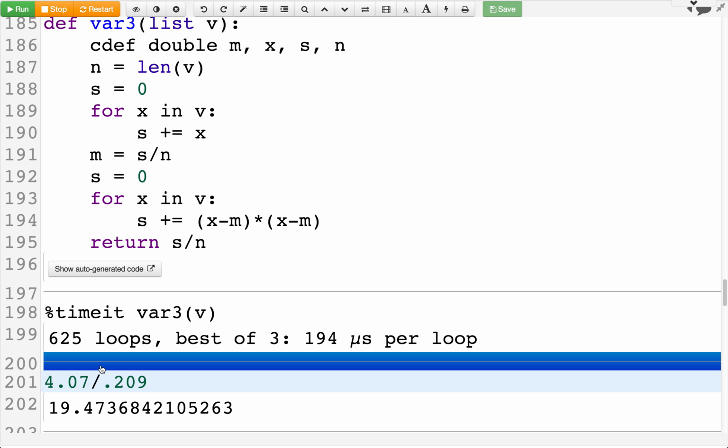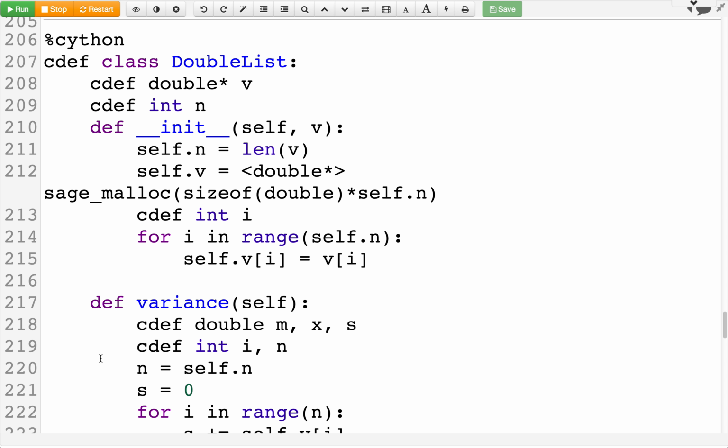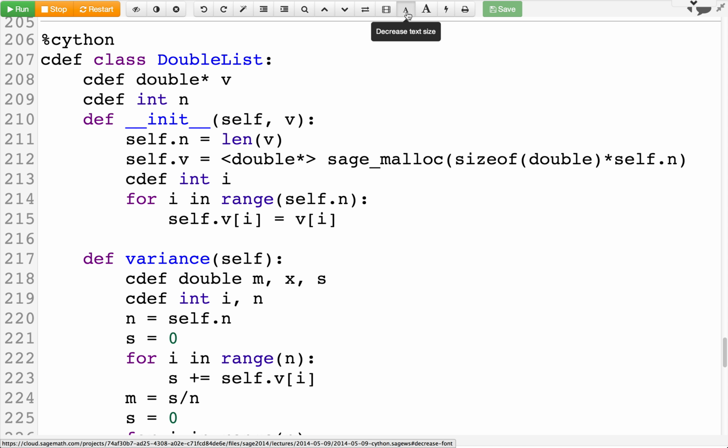Yeah, the parameter v, that list is a Python list. So there's no guarantee that each of the entries are floats. It's a lot of work to convert them all, which I'm doing twice. Here and there, I'm converting them all to floats from whatever they happen to be, okay? So instead, let's make up a whole new data type from scratch that is a bunch of floats. That's what it's going to be. It's going to be an array of floats. And let's do it. So here's how I'm going to do that. I think to fit it on the screen, I have to make it slightly smaller.